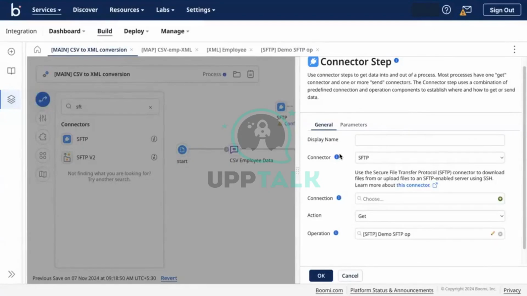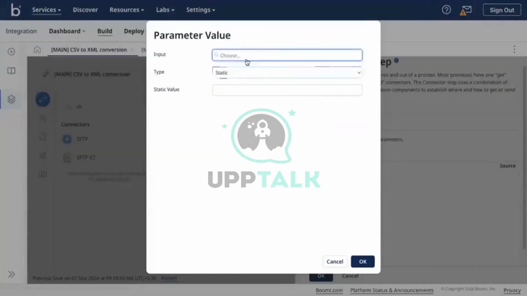Because if you're simply running your integration every day, it might fetch everything that is available. You want to restrict the data that you are fetching based on some time filter, like only changes after the integration ran yesterday. You want to fetch just the changed records. You do that using the parameters option, where you can